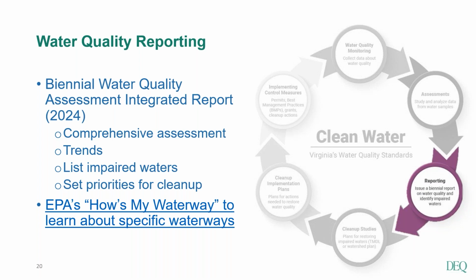We also have, shown here on the screen, the EPA How's My Waterway tool. This uses data from DEQ and other entities to create a platform that the general public can access to get information about waterways. It provides water quality on 3 levels: community, state, and